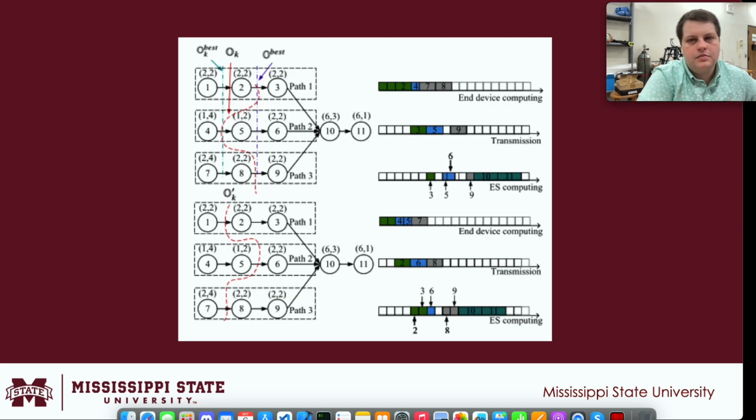Here we'll go over an example, such as the example that we talked about for partial computation offloading. Here, above and below are different, where we can see that the optimization has taken place in the bottom one, and for the top one, we're still trying to find the optimal solution. Before updating the current path offloading strategy, the best strategy in its history, and the best solution in all solution history, were shown above.